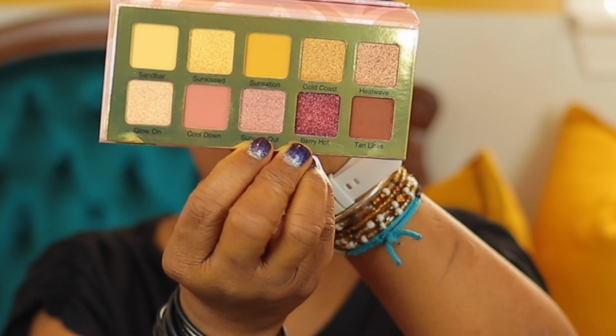I think I'm going to use Sunny's Out, which is this color right here in the middle and the bottom. But I'm going to go back in, and this is a technique I like to do with myself and my clients. I just really like something a little bit tacky right before I put on the eyeshadow, because that's just going to make it stick a little better. We're not doing a cut crease or anything like that. Okay, and we're just going to put that almost to the outer edge